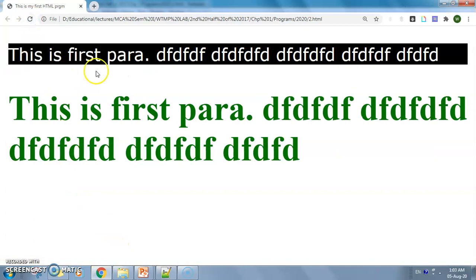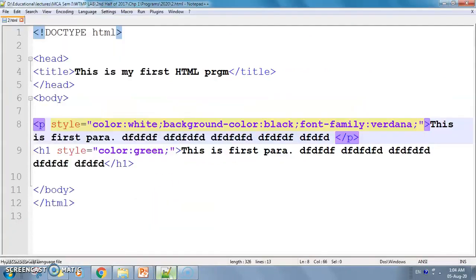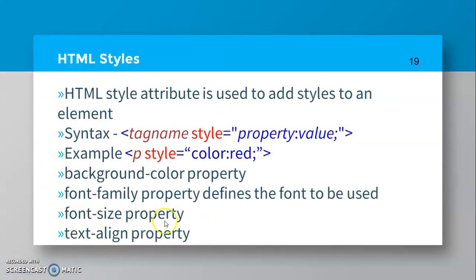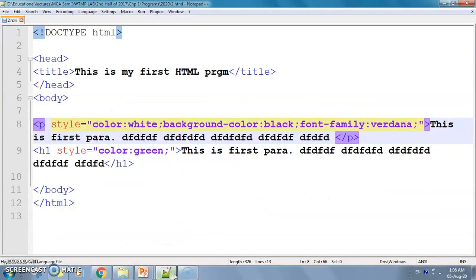Now see, this is a different style. You can observe this font is different from this font. So this is how you can implement font family. Next are the font size property and the text align property. Now we will see how to implement them.